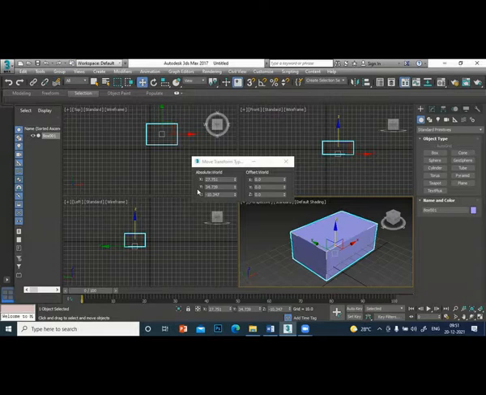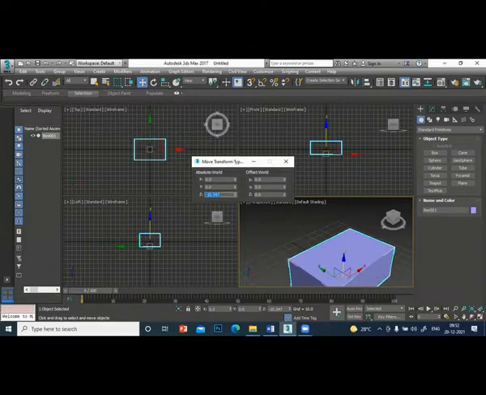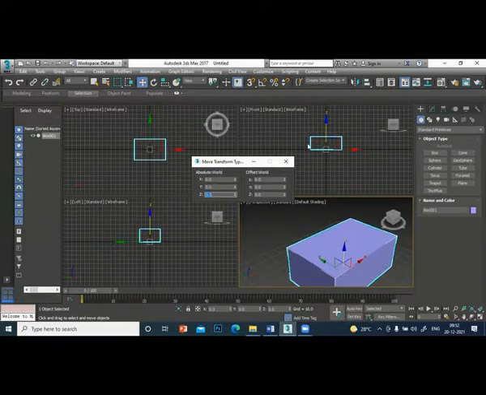Now the object is at 27.751 X, 34 something Y, and 20 something Z. So if I put it 0, 0, 0, my object will move to 0, 0, 0. Now my object is exactly at the midpoint.